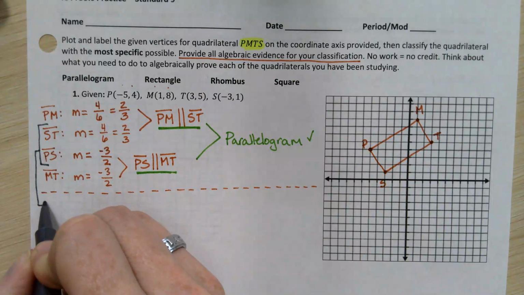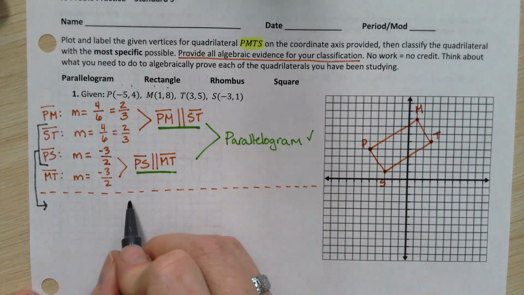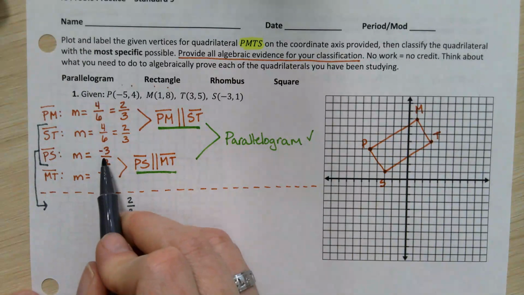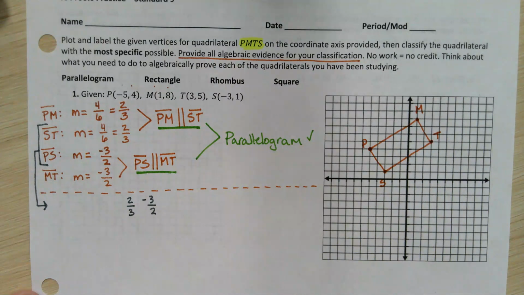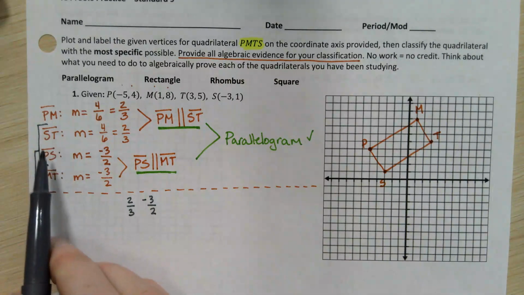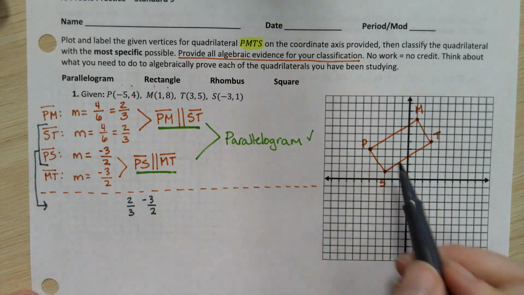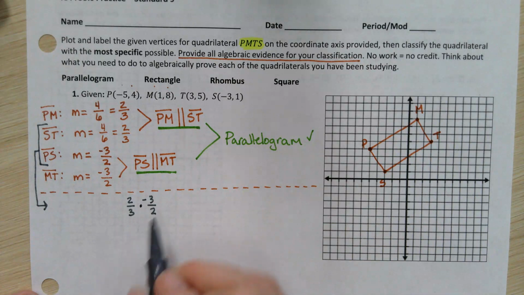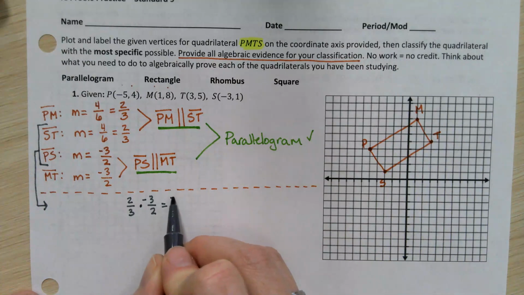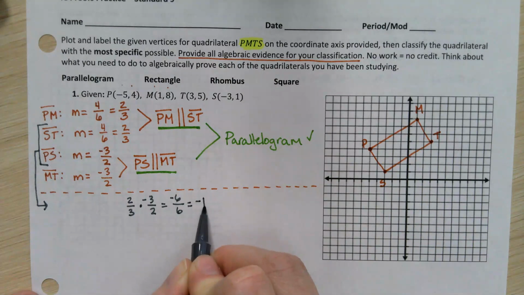So if I'm looking at 2/3 and -3/2, we need those to be both opposite and reciprocal slopes in order for these two segments to be perpendicular to create a right angle. A way that you can check for that is by multiplying them together. If you multiply straight across, the fraction has to simplify to be -1 in order for us to be able